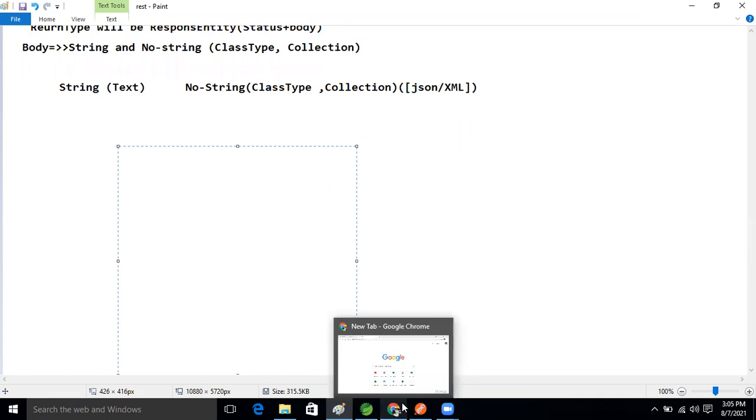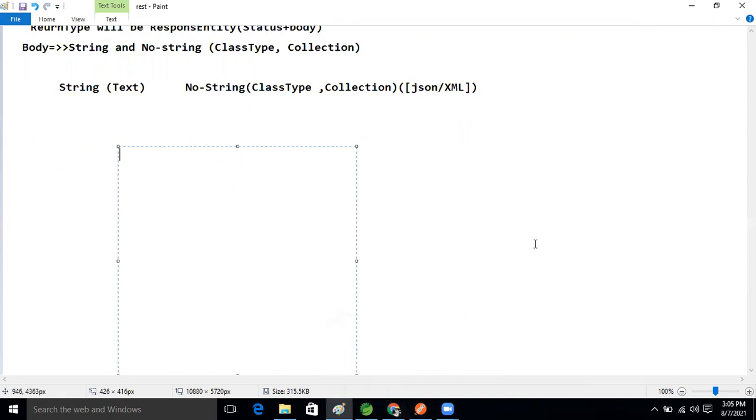This employee class will have Employee ID, EMP ID, then EMP name and EMP cell. Only these three data will be there.